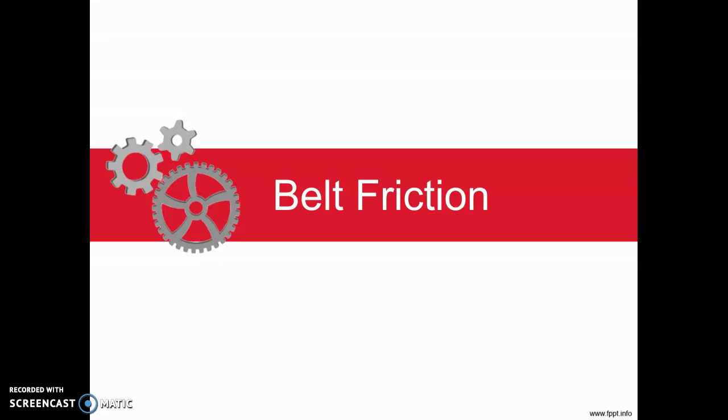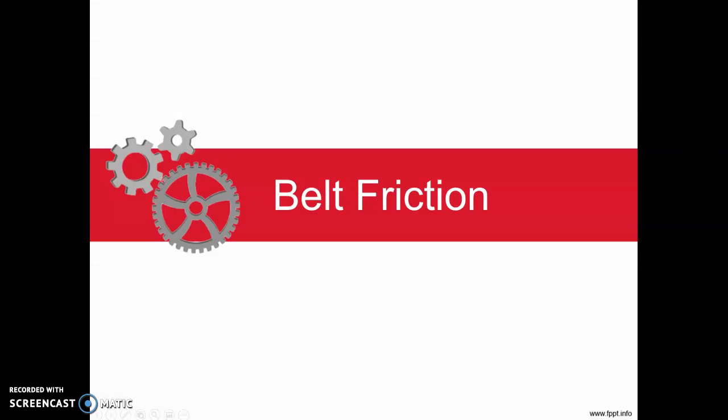We're still looking at chapter 6 in the textbook, which is all about friction. In previous videos, we looked at static friction, and the simplest way to look at that is applying forces to an object that's either on a horizontal surface or an inclined plane. But we're going to look at a different type of friction in this video, and that